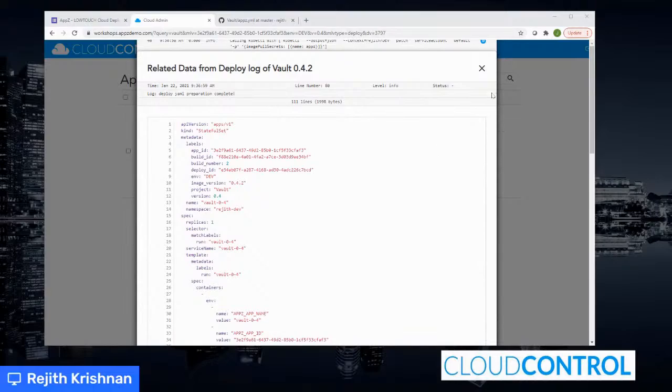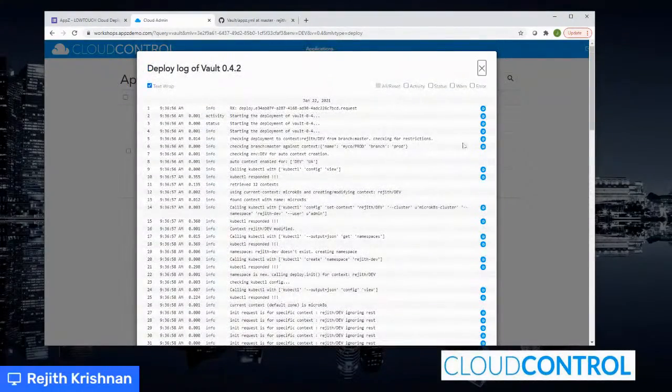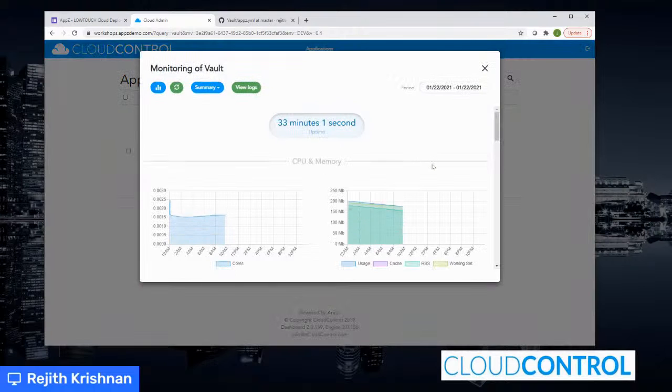So let me move on to the actual instances, right? So if you look at the third column here, so far we covered the build and the deploy. Next I'm looking at the monitor. It says there is one instance running and it is running in green status. That means everything looks good. So I'm going to click on that, and you can see that it is up, and